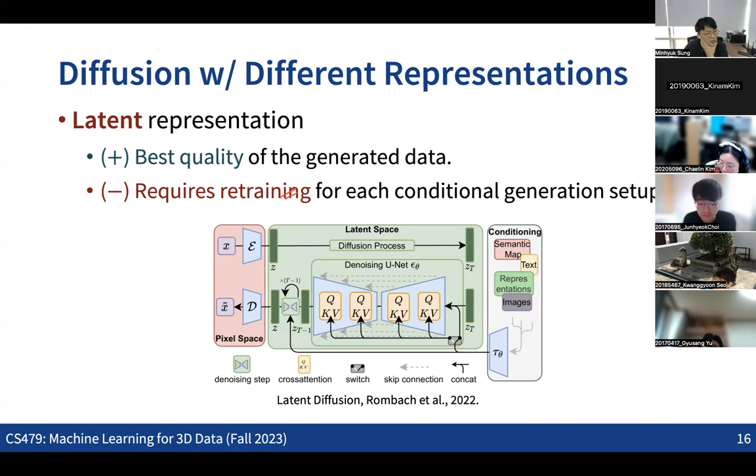But the thing is that we cannot apply the idea of SDEdit and also RePaint, doing manipulation in the intermediate steps of the reverse process, because we are just playing with the latent feature vectors for the data. So if we want to make a conditional generation process, we actually need to train another diffusion model for that. Which is not good in that we cannot recycle the unconditional diffusion models for other applications.